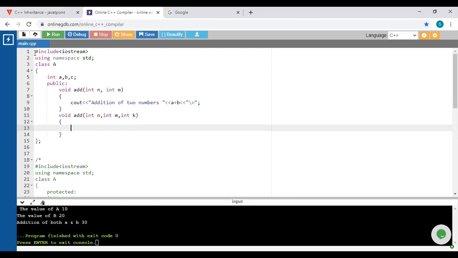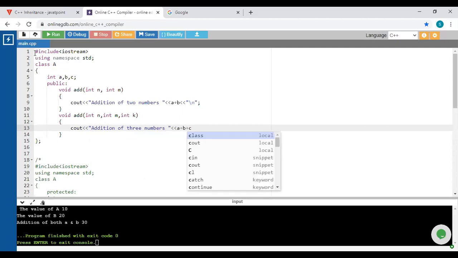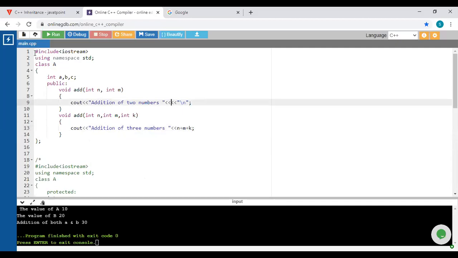The name of the function is the same, but it accepts different parameters. cout "addition of three numbers", then perform the addition of n, m and k.